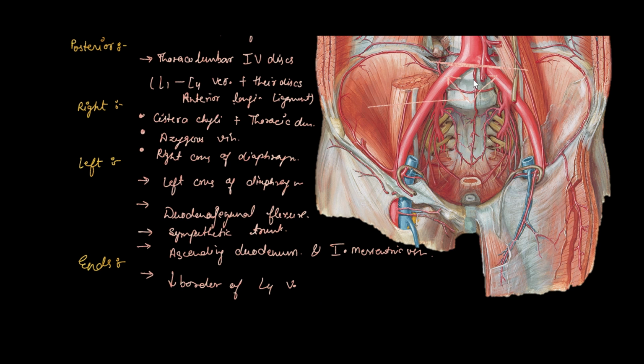And also you can see the third part of descending aorta, which I told you before. There is the median sacral artery, which is known as the pelvic aorta. You can see here, this is the third part of descending aorta, which is the pelvic aorta. Pelvic aorta, also known as median sacral artery. Okay. So this was the topography of abdominal aorta.